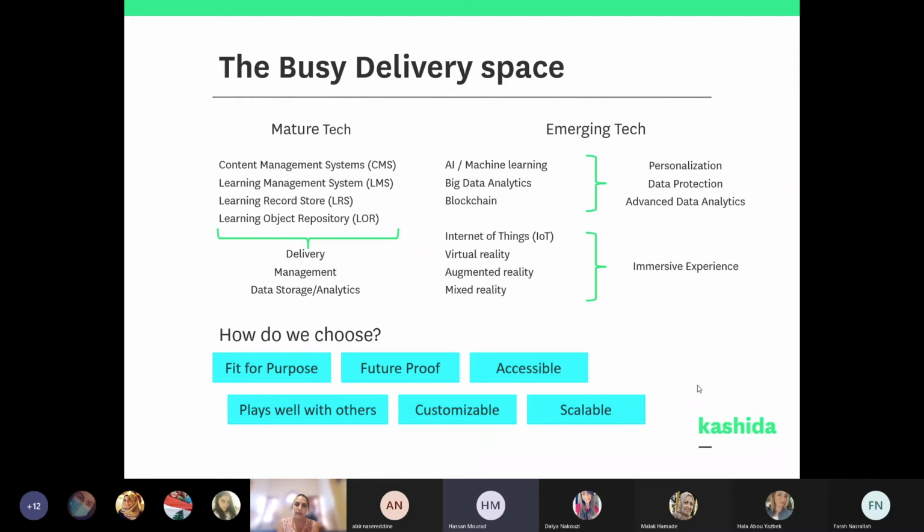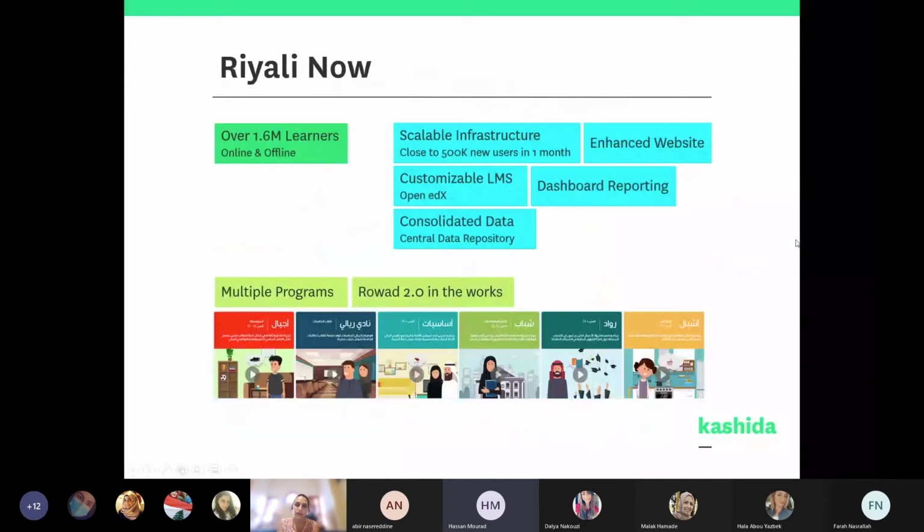Another really important thing, other than being customizable and scalable, is that it needs to play well with others. Systems need to integrate with each other. Isolated systems are not going to have a future. Everything is going to need to integrate with each other. This is how you're going to see more specialized platforms and technologies being adopted, because it's very easy to bring them into your existing environment.